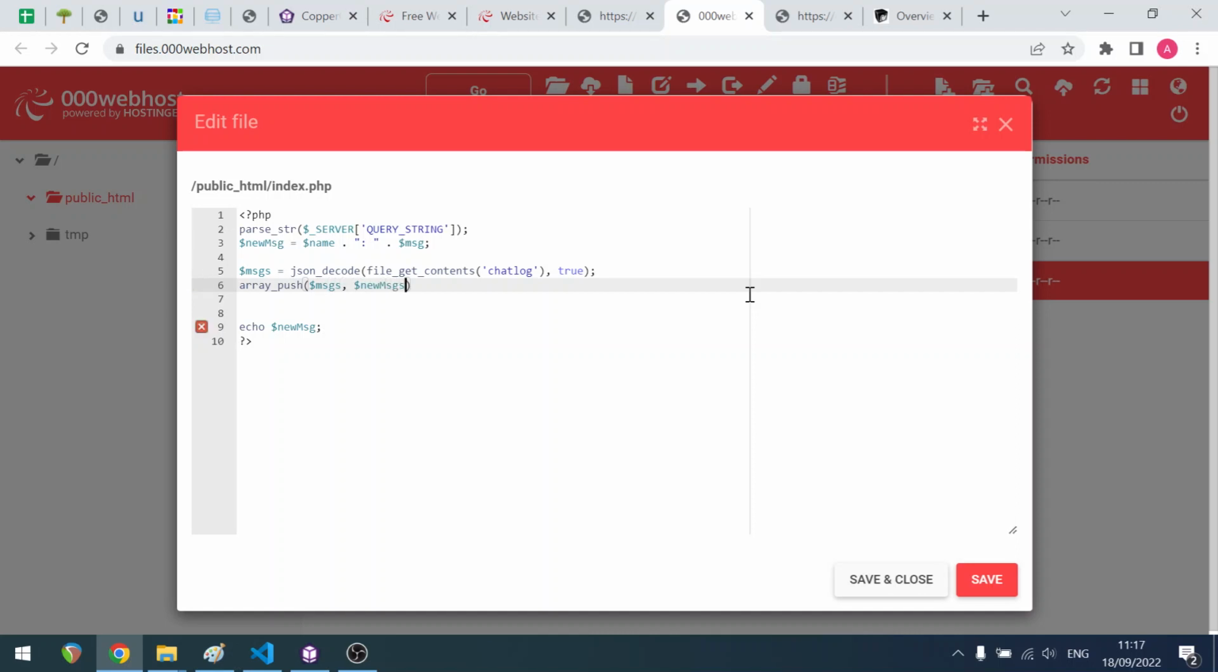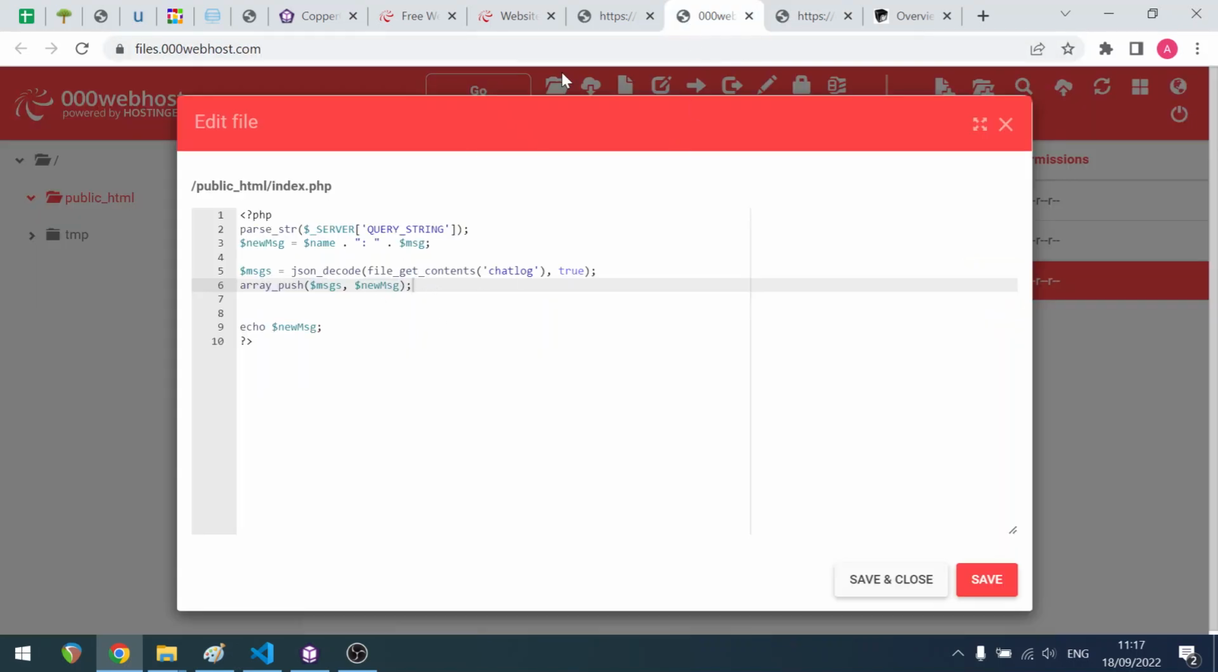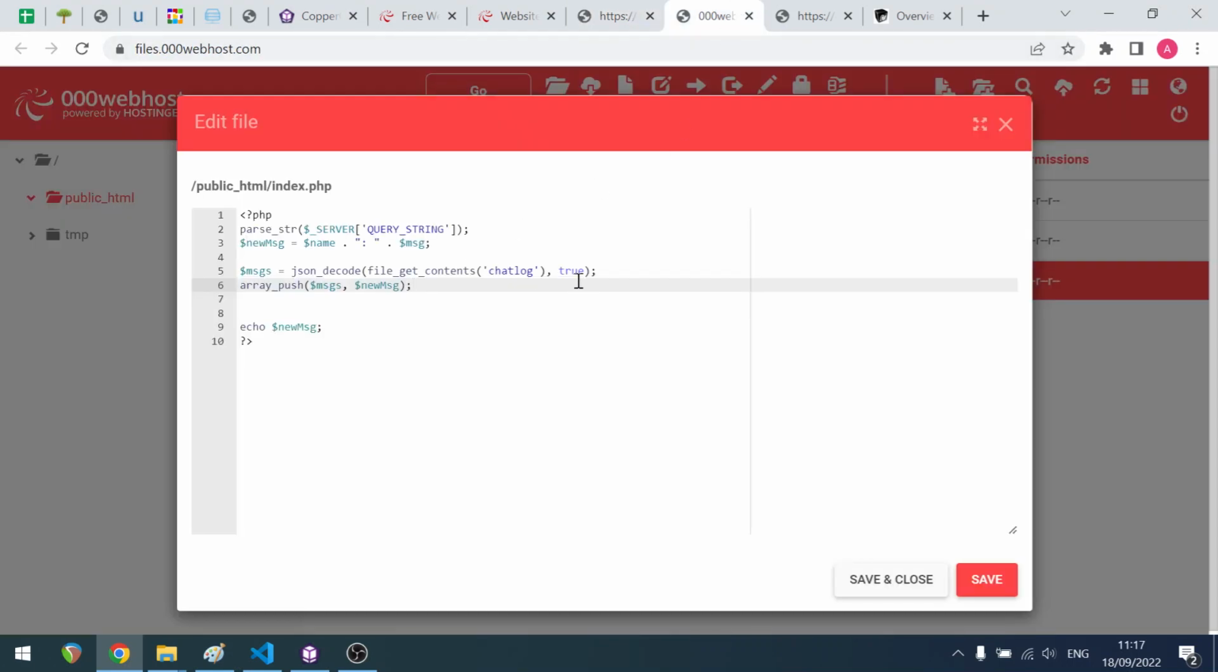New message. Okay, so let's just save and see if it works once again. Oh, it doesn't show us anything, but we can check the... Okay, it also doesn't do anything right now because we didn't save the text file. So we got the contents, we added the new message, but we didn't actually save the file back to the file system. In order to do so, we are gonna use file put